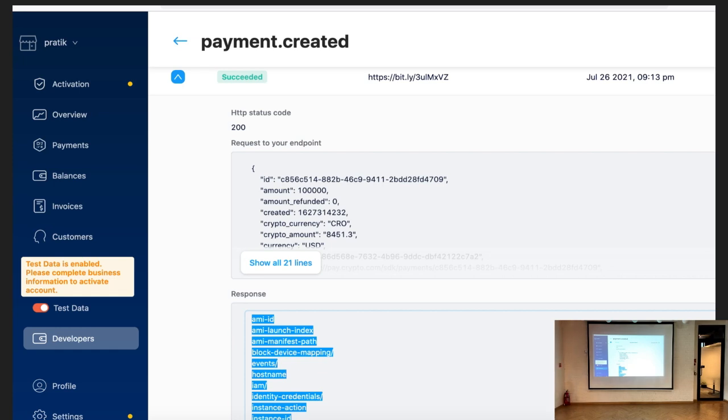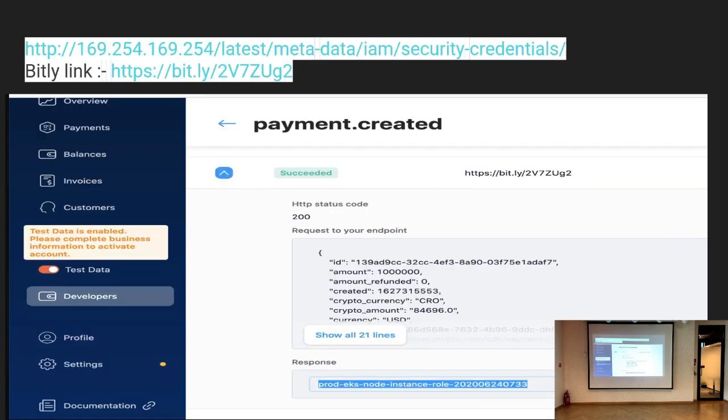So the next step will be to find the appropriate IAM role which is associated to that instance. So next slide. I created another bit.ly link. You can see latest metadata IAM security credentials. I created that bit.ly link, and in the response you can see I got the role associated with that instance. So now what I will be doing is I will copy that role name, and I will add it after the security credential part, and I will generate a new bit.ly link to get the AWS access key and secret